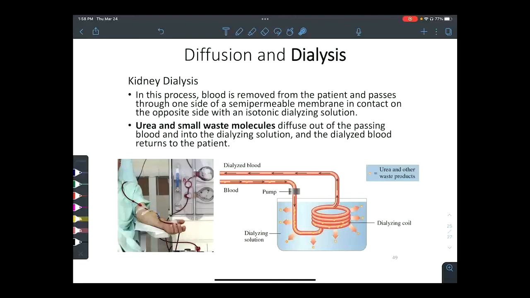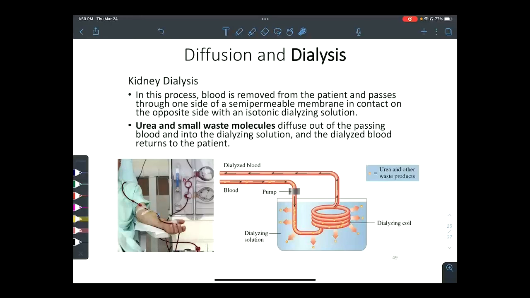The whole idea of dialysis is you take the blood out of your patient, and dialysis is essentially an artificial kidney. When your kidneys no longer function, your kidneys are what take toxins out of your blood. So when a person can't do that anymore, we do it artificially, where we take the blood out of the patient and we run it through this column where the solution the blood is running through is isotonic